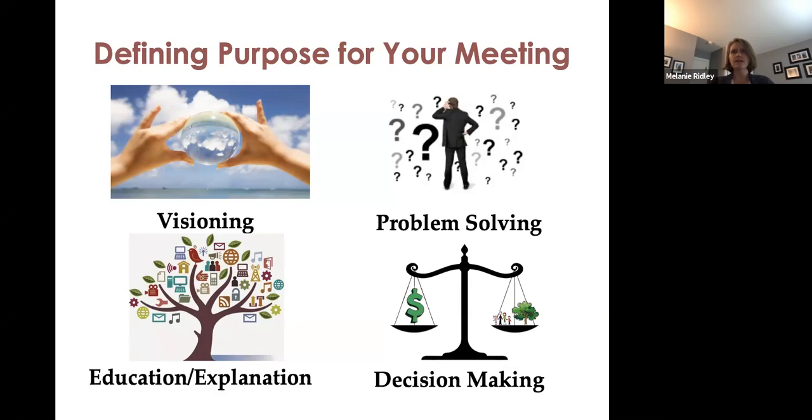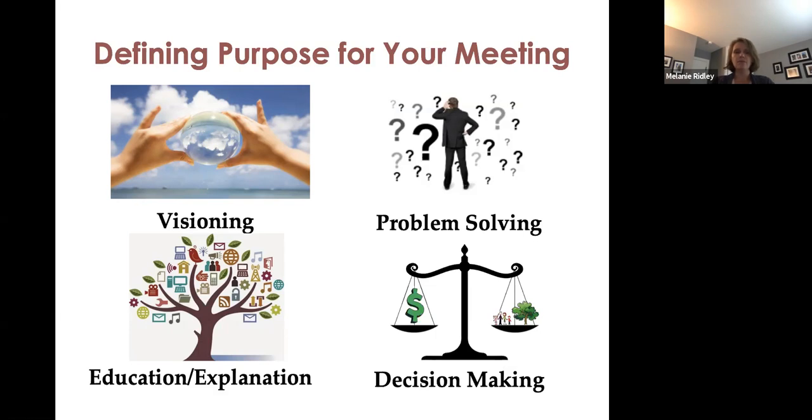You want to set clear expectations. So as teams take on problem solving, you understand how to gain more knowledge about the problem, who to bring into your meetings, content experts maybe, how you get to the root causes of some of the problems, how you ask those critical questions about what you're really trying to solve. So problem solving may be one purpose for your group to get together.